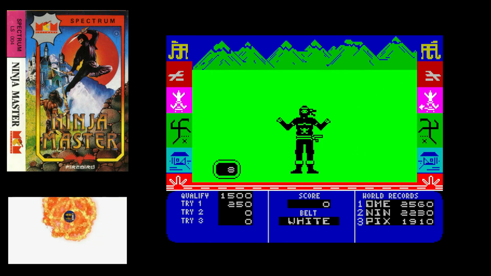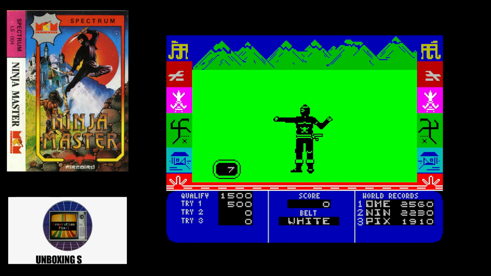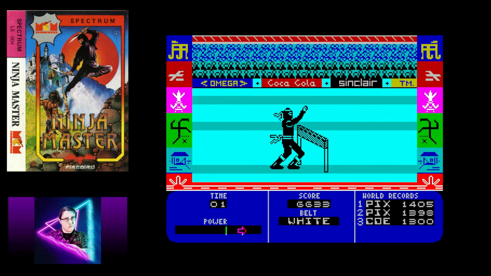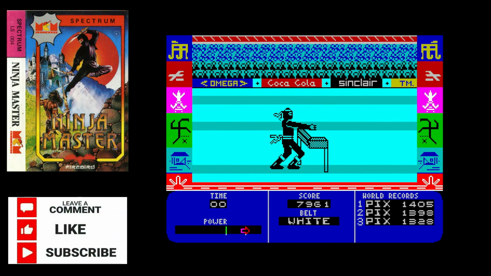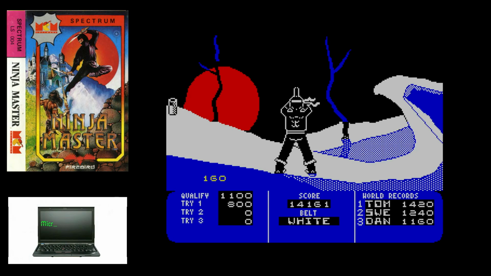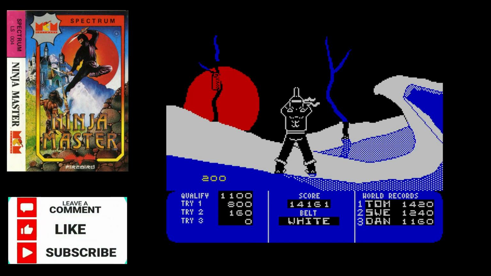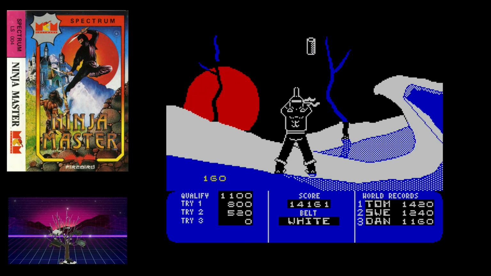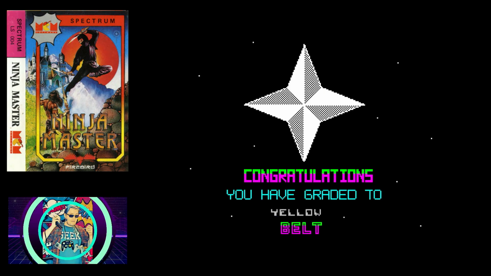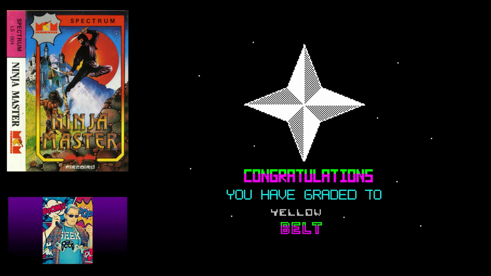And would I recommend anyone playing this game today? Well, for me, yes, because I loved the International Track and Field games. I loved all the clones that were out there like Hyper Sports and Daley Thompson's Decathlon. So if you do have an interest in the button bashing, joystick waggling, sports competition games, then the Ninja Master was a lovely little twist on the genre. And for me, it's definitely a must play game in the ZX Spectrum library. So there you have it, the Ninja Master from Tron Software in 1986.